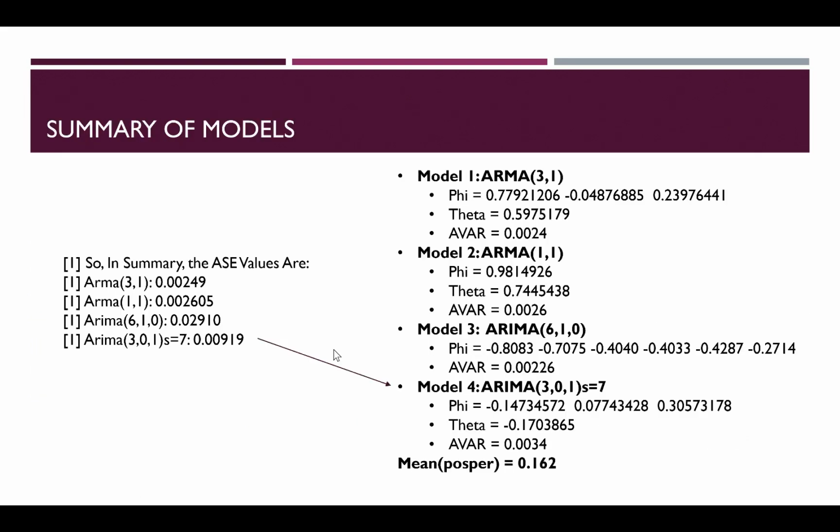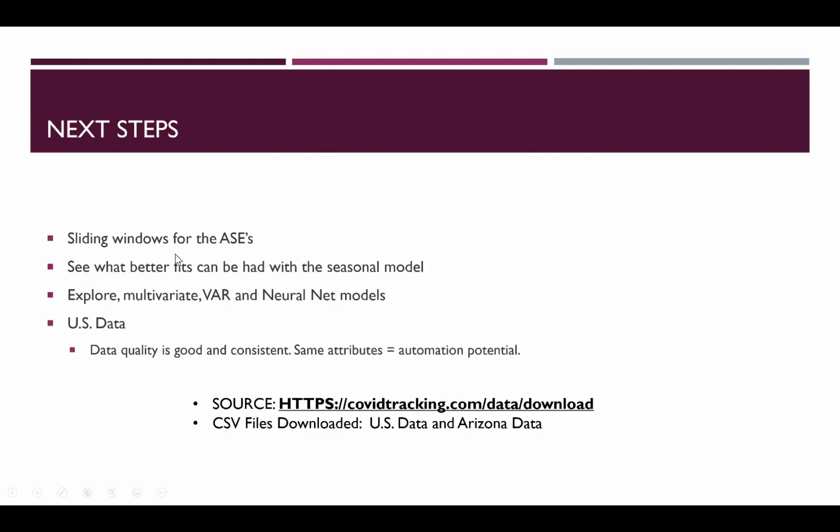So this is the summary slide that shows the four models, with the ASEs, the phis, the thetas, and the white noise variance. Next steps: do sliding windows for the ASEs, try to improve the model, see what better fits can be had with the seasonal model, explore the multivariate VAR and neural net models, and do the same treatment on the US